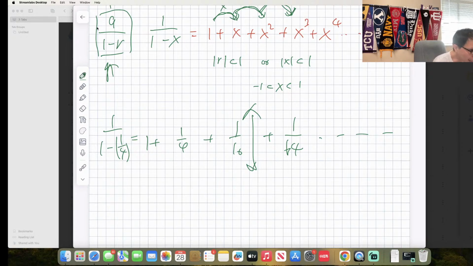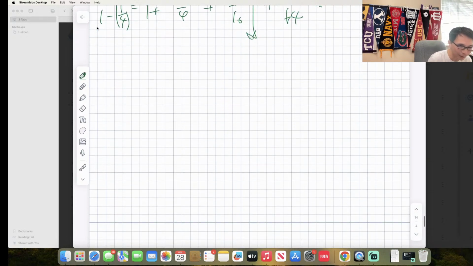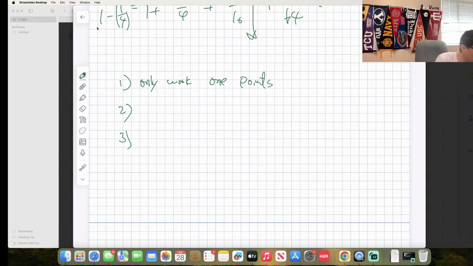Okay, so now we're going to talk about the radius of convergence a little bit more. For the radius of convergence, you have 3 choices. Yesterday I wrote down a lot of stuff, so I'm going to simplify it. First, only works at 1 point. We usually do ratio tests to test the radius of convergence, so we're going to talk about that. Right now we don't talk about the interval